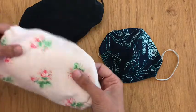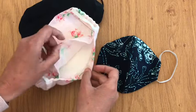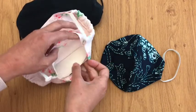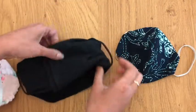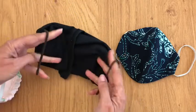So this is a fairly simple one, and the nice thing about this one is that you can put a piece of kitchen roll in there just as an extra filter, and obviously that can get replaced every time you wear it. One using an old t-shirt, and this is a completely no-sew one, really quick and easy to make,